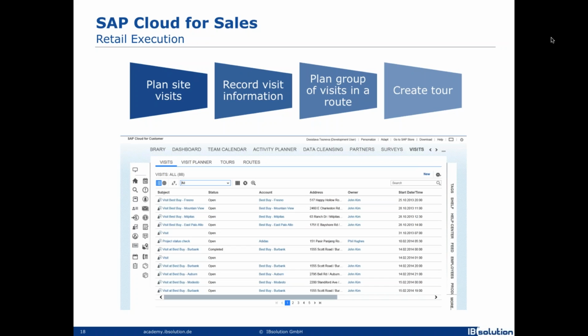When you plan the visits, you can plan the way to discuss your visit with the customer. You can monitor, for example, the marketing activities related to this customer, such as campaigns. You can record all this visit information, and you can create this routing for the visits so that you can create a sequence of visits which are logically connected and, of course, according to the best path for your planning.